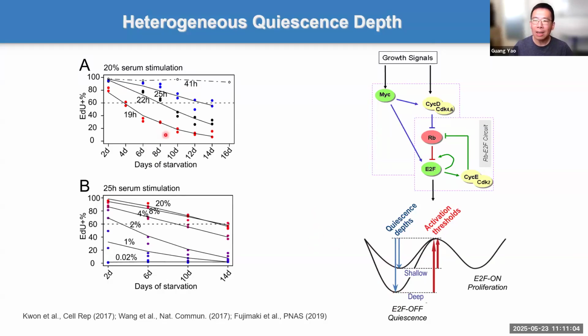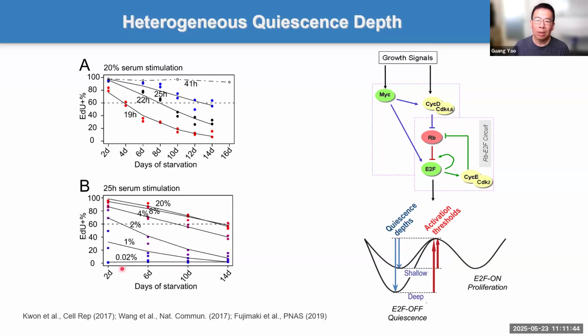But long story short, the idea is the longer cells are kept in quiescence, this sleeping state, the deeper they are in quiescence. Then it takes longer to exit, and you also need a stronger stimulation. So they are deeper. Not only does it take longer, you need to push them harder. And this is the same cells done in parallel. Instead of stimulating them at different hours, we give them different serum concentrations. Basically, same idea. The longer you starve the cells, they are in the cellular sleep, they need a stronger serum.